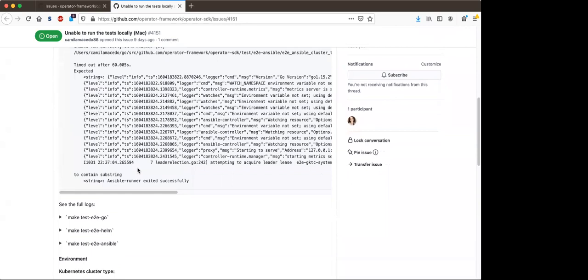Just for me to remember, we did a refactor. We did a lot of changes in the Makefile. And after these changes got in place, I'm unable to run the tests. I think I put the cause of this one.